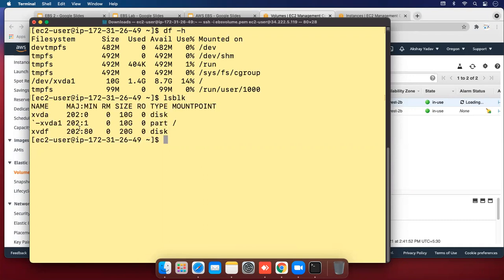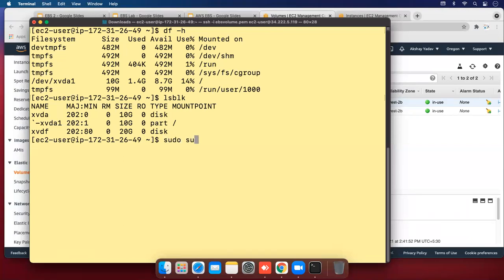So you can see there is a 20 GB disk, but it is not mounted to this machine or this file system. So let's mount this volume to the machine. First we need to format, so we can use any format.